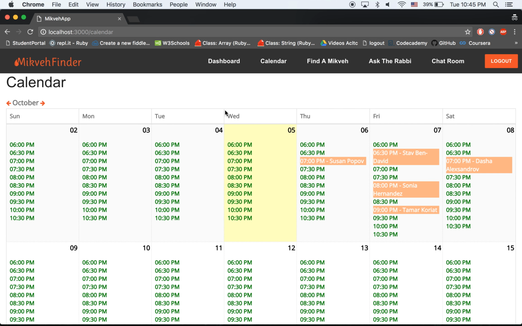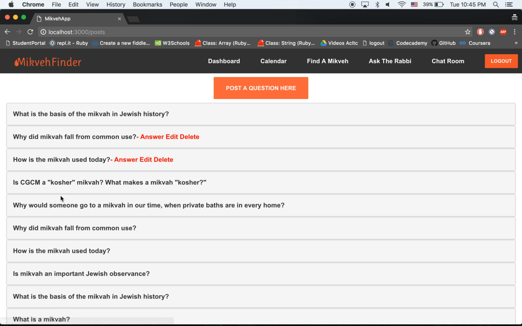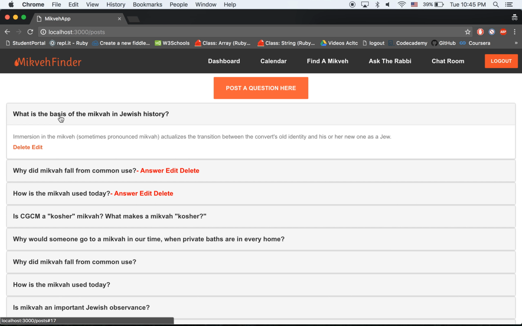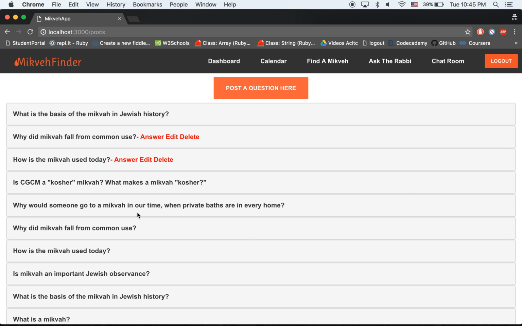And the final section we have is a Q&A section where any user can post a question, and we have an admin user that can answer those questions. We'll go to Ask the Rabbi. All of those questions were asked by previous users. Once a new question is added, before regular users can see it, it will show up on the admin side with answer, edit, or delete options. Once an answer is posted, it will post on the main